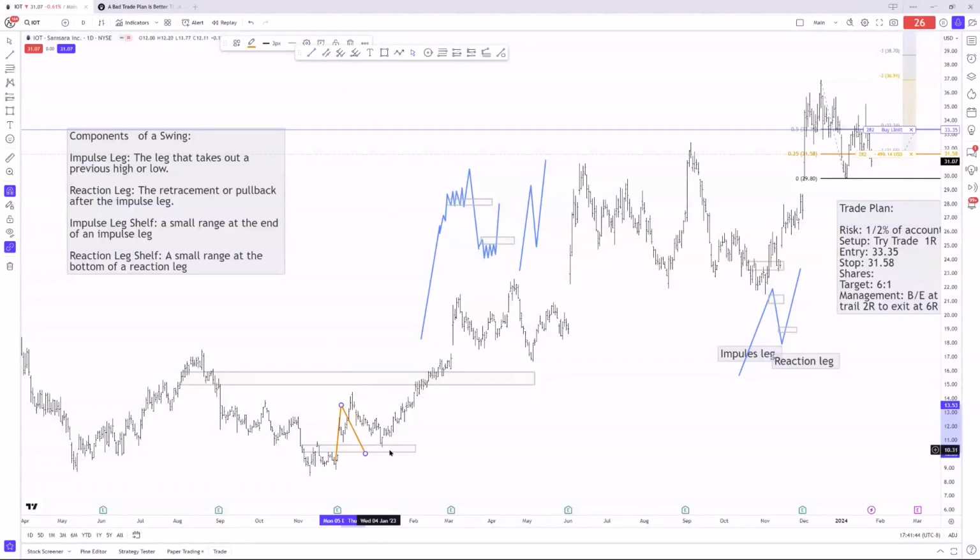Pull back to it. Watch this one. At the bottom of the shelf, zoom. Remember that bar? Pull back to it. And so it's kind of representing where this reaction leg